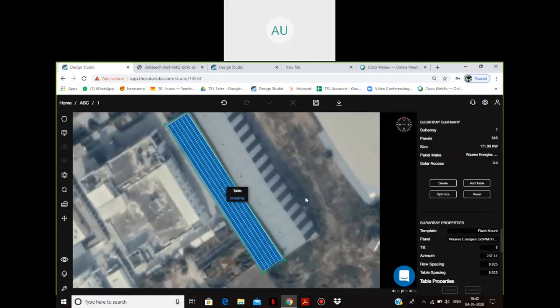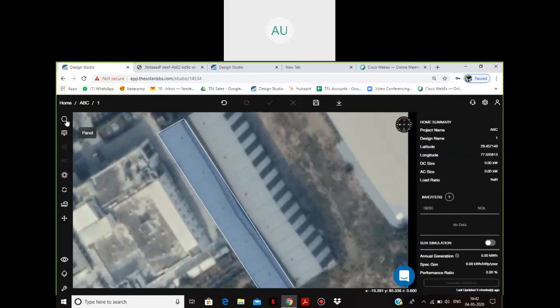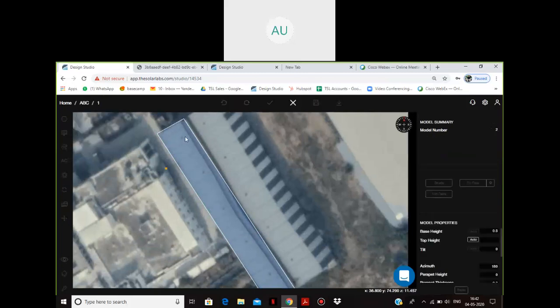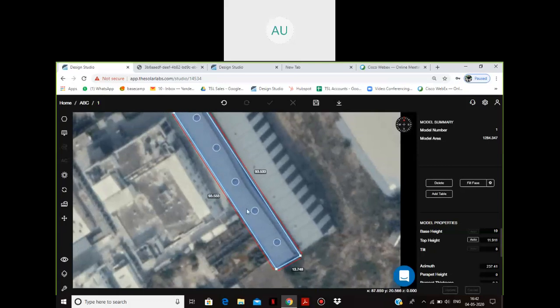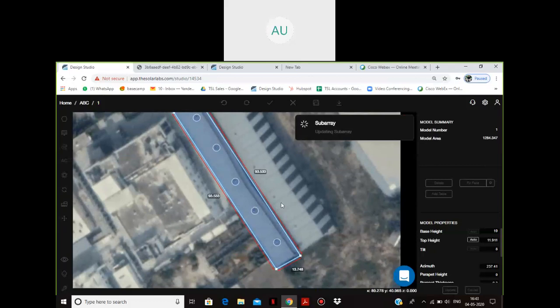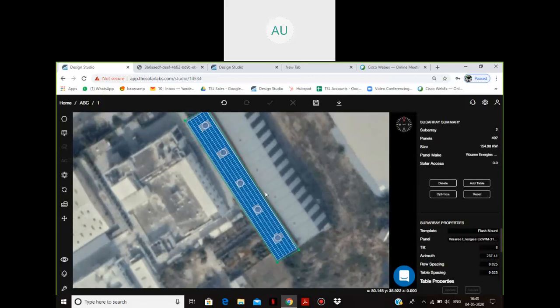And similarly, if I show you one thing, if I just delete this survey for once, and I even make these turbo vents here, right? I paste them one after the other, 5 of these on my roof. And now when I do the fill face, you'll see that these obstacles are automatically avoided and the flush mount takes place here. So these obstacles have been avoided and flush mount has taken place.